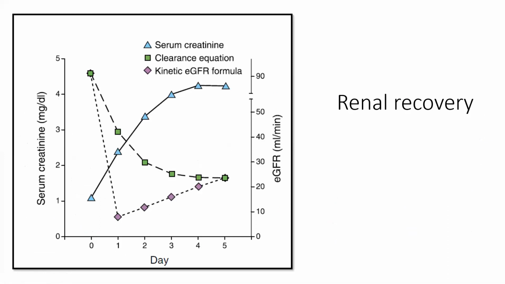Similarly, for the renal recovery, let's say this was the same patient who just had intra-op hypotension, suffered acute tubular necrosis, and post-operatively was otherwise stable, didn't have any nephrotoxic insult or any other process which would have really worsened the creatinine. So here we can see on post-operative day 1, though the kinetic eGFR had fallen, if we don't rely on the rising creatinine, which again lags behind even for the renal recovery, and if we concentrate on the kinetic eGFR formula, it shows that it is building up and that the kidneys are recovering,